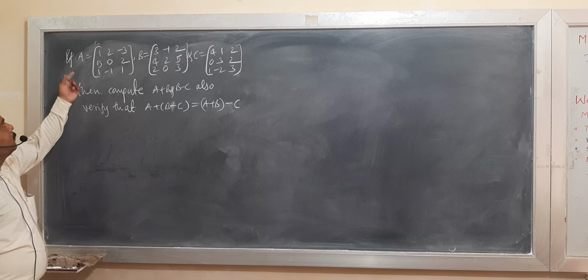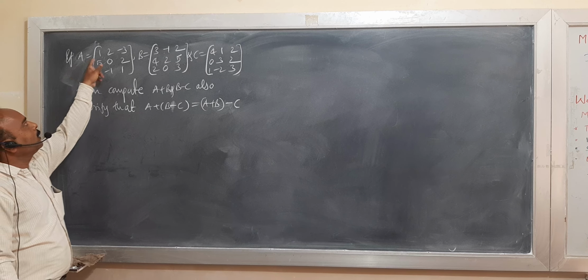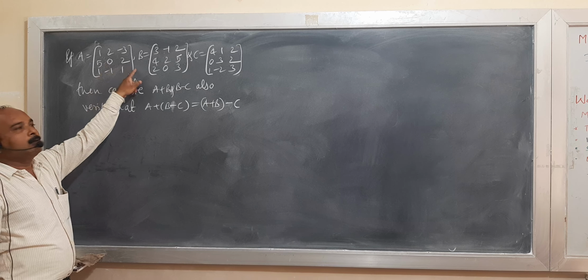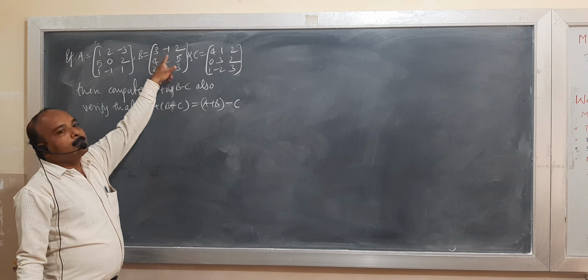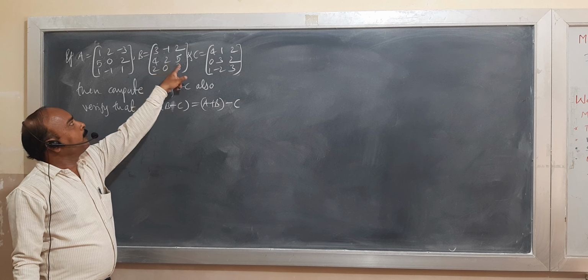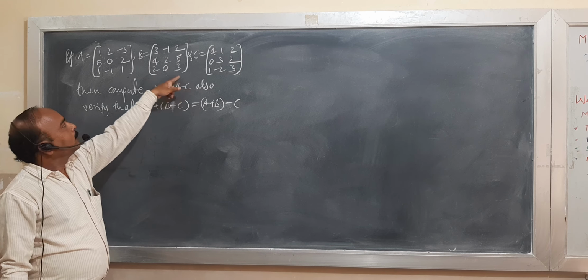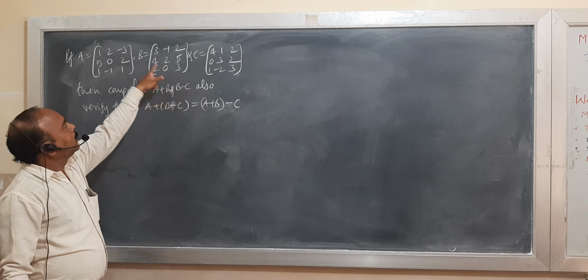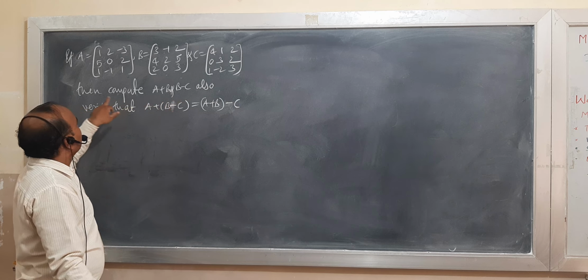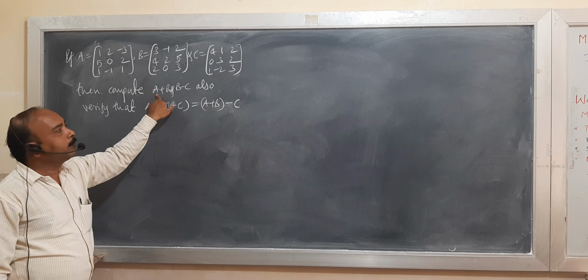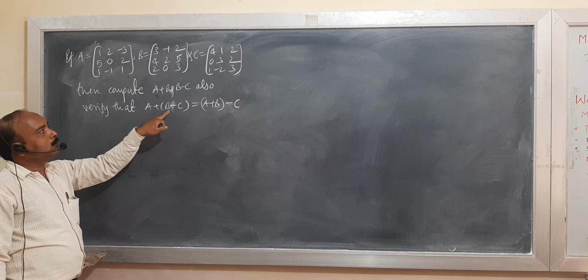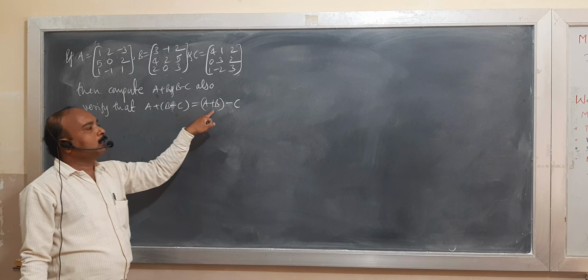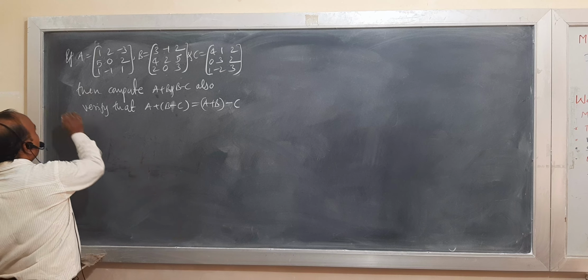So like that you solve the example by using this one. Now you go for next example. It is given that A equal to [1, 2, minus 3; 5, 0, 2; 1, minus 1, 1], and B equal to [3, minus 1, 2; 4, 2, 5; 2, 0, 3]. And matrix C is given as [4, 1, 2; 0, 3, 2; 1, minus 2, 3]. Then compute the values of A plus B and B minus C, and also verify that A plus B minus C equal to A plus B minus C. It is an important 5 marks question.